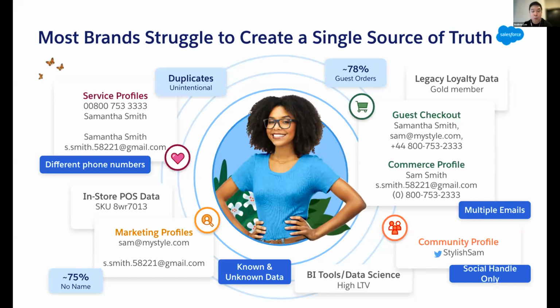I think marketers really need to build out a single source of truth and stitch together all of that identity data. And while they're doing this, the real question becomes, how do we gather all of this interesting data from all of these different systems into one place? How do we get it all under one roof? How do we tie marketing engagement data to commerce data? How do we tie online community data to service records? And how do we tie that together with how a customer has asked for help in the past, via a call center or other method?